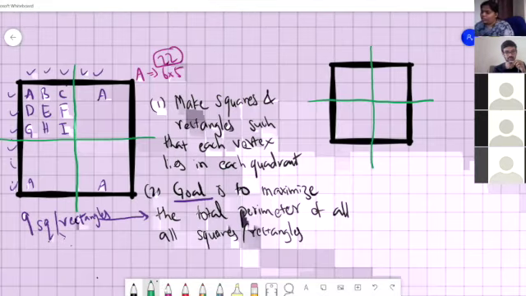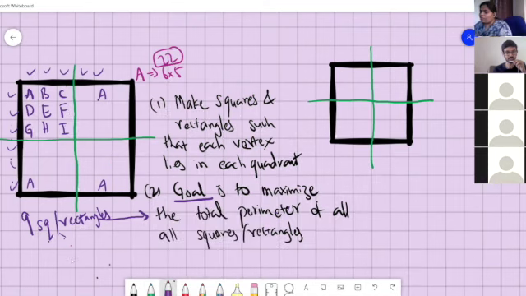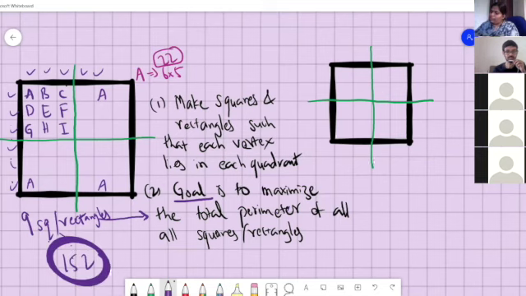Okay, so I have an arrangement where the total perimeter comes to 152. Anyone else has a higher number? No, I have 144. We also have 144.